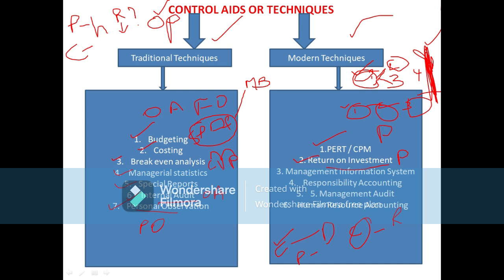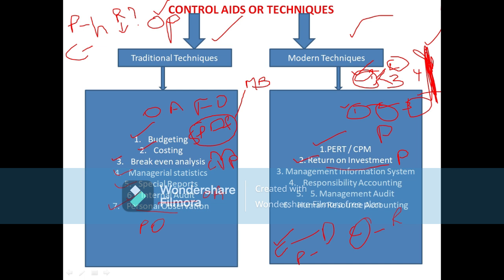Why? Because first of all we have to get the total investment. Then only we can find out the profit. So in that total investment, some are saying to include fixed and current assets but not liabilities and reserves. But some are calculating along with depreciation, and current liabilities should also be deducted from the total value of assets. So depending upon that, return on investment will be determined. That is, return on investment is another modern technique that is followed for controlling purposes.